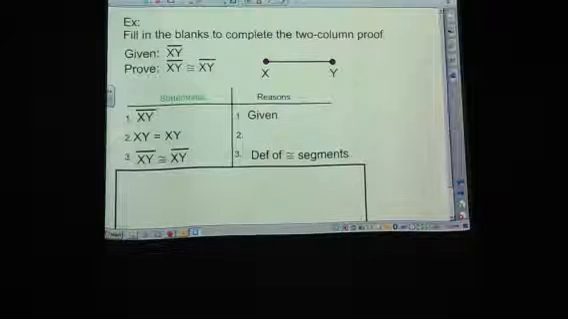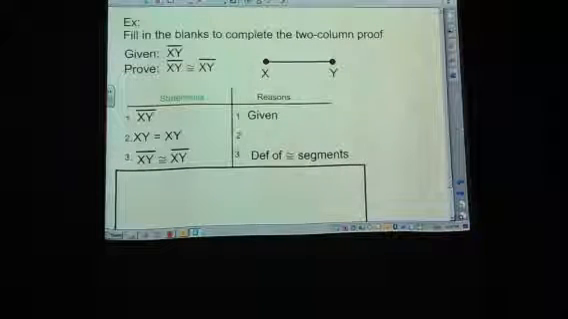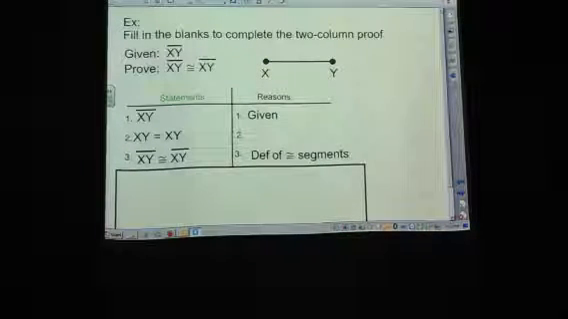This here is another example of them trying to get us used to writing proofs. So they've went ahead and started a two-column proof for us, and we're just supposed to fill in the missing spots, which only looks to be one in this example here. It says fill in the blanks to complete the two-column proof, and then we're given that segment XY, and we have a little diagram there, and then we're supposed to prove that segment XY is congruent to segment